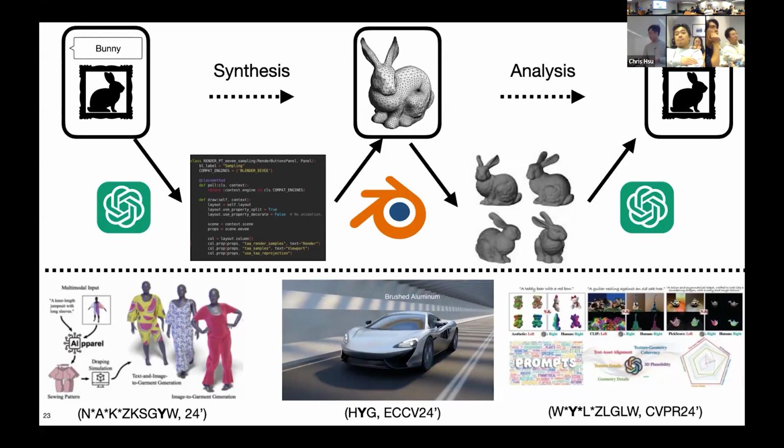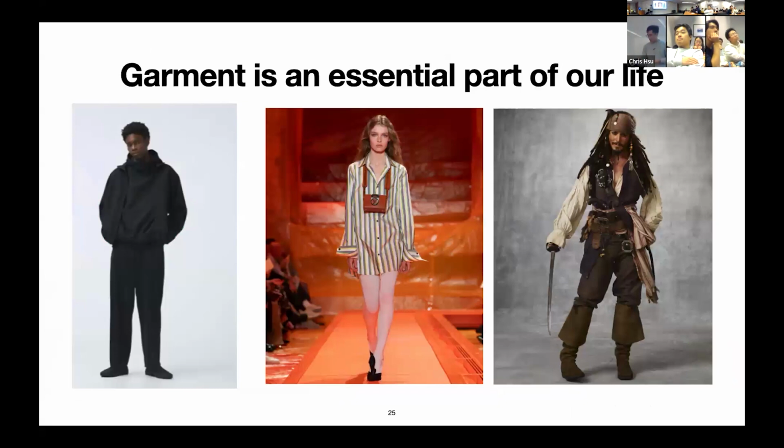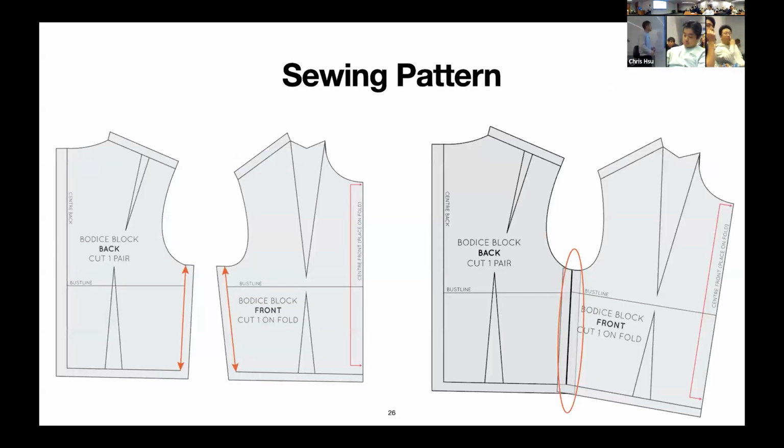Okay, so garments. 3D garments happen to be perhaps one of the most commonly used shapes. Everyone wears something every day, I hope. So I think it's perhaps one of the most used 3D objects in our real life. How do we actually make and represent garments? Underlyingly, garments are commonly represented in a representation called sewing patterns. Imagine that you take a t-shirt and unseam it, disconnecting all the seams. You will see a collection of 2D panels. They are 2D shapes, as well as instructions of how to connect these 2D panels into a 3D